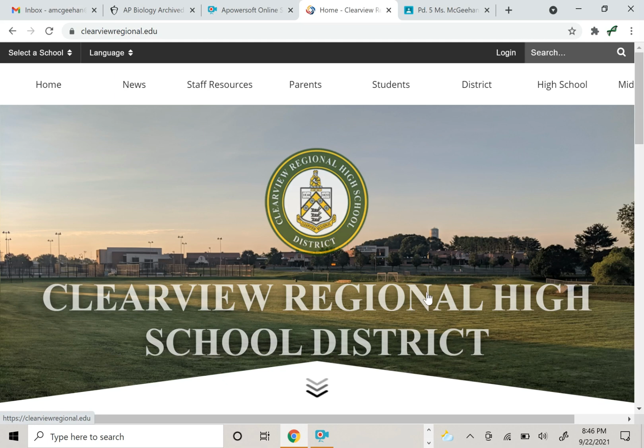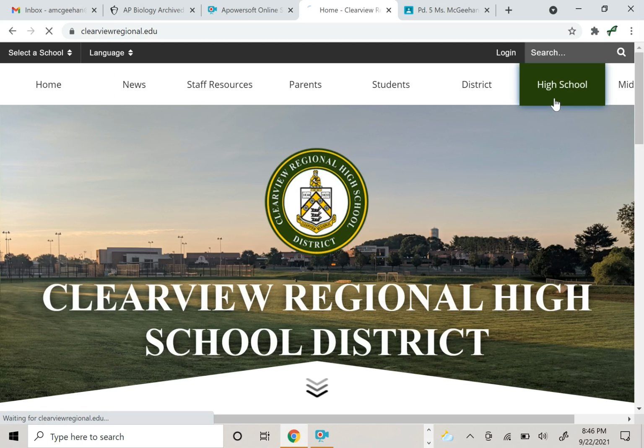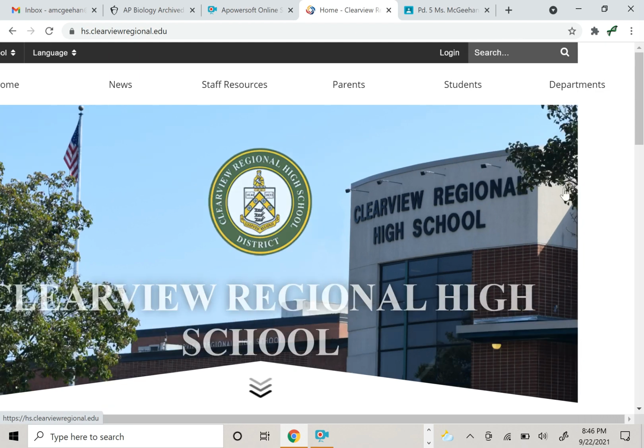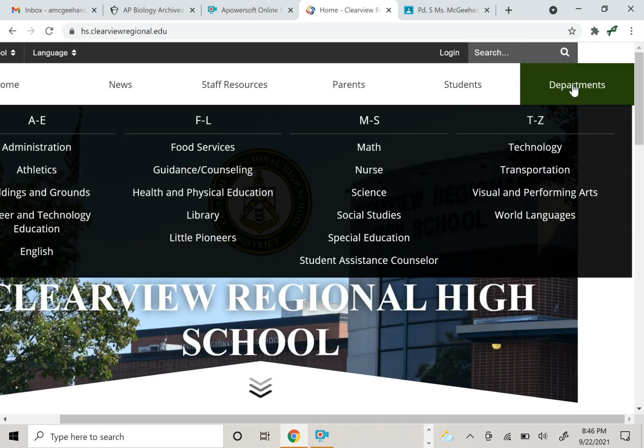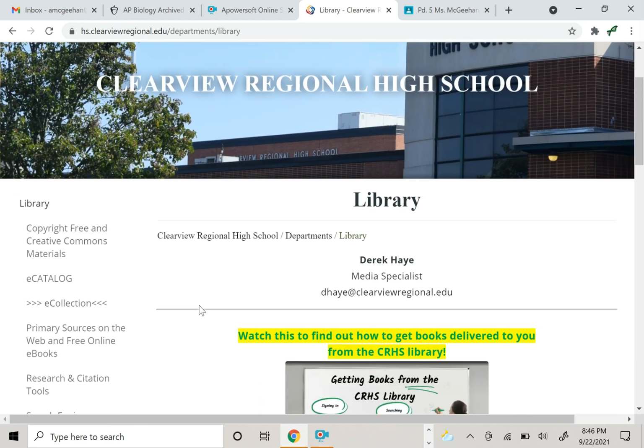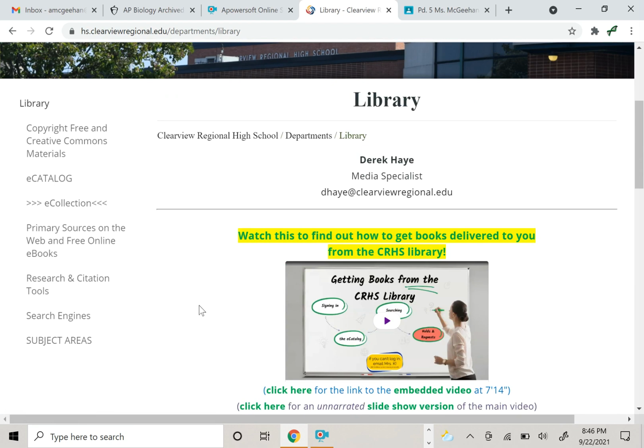So to get to EBSCO, you want to go to the Clearview homepage and then click on the high school. Once you have the high school page up, you're going to roll over to departments and then select the library. Scroll down a little bit, you'll see information about the library, and then on the left hand side of the page there is a button that says e-collection. You want to click on that, and